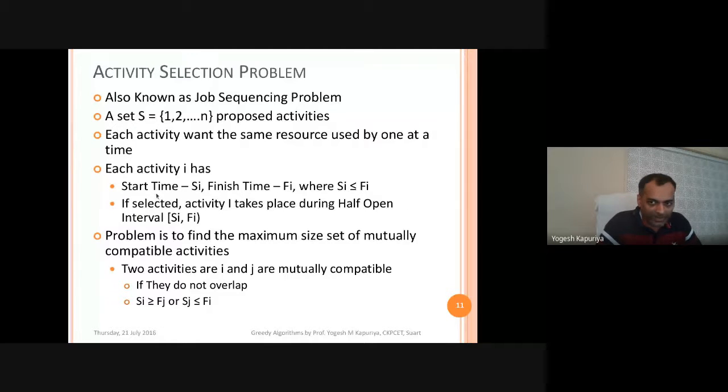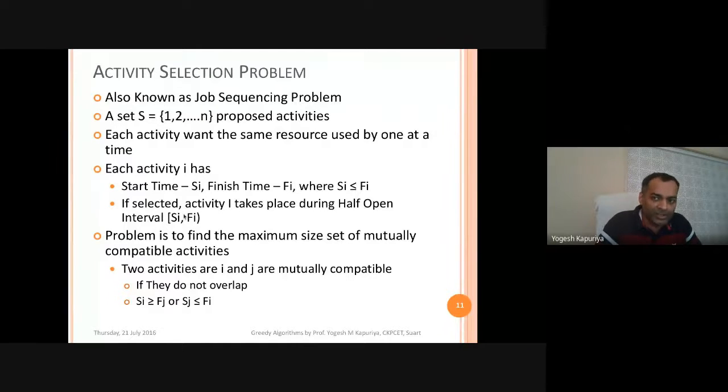If selected, that means if you are performing that activity, then activity i will take place during the half open interval Si to Fi. Half open means that if my Si value is 2 and Fi value is 5, then my activity will take place between 2 to 5. That means at 5 another activity can start.